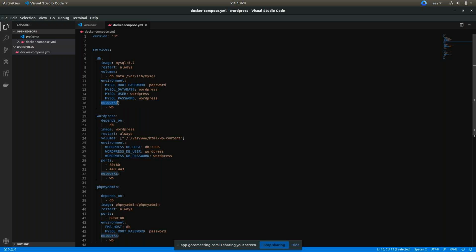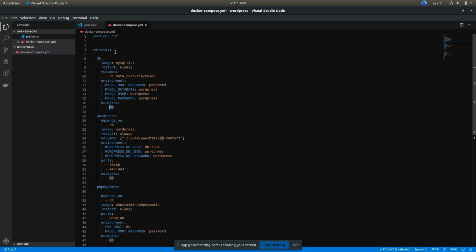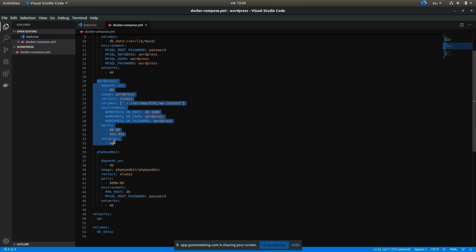And then attaches this service to this network called WP WordPress. As soon as it finishes downloading and setting up the MySQL server, it starts to create the WordPress server. Also, the image is downloaded from the Docker Hub.